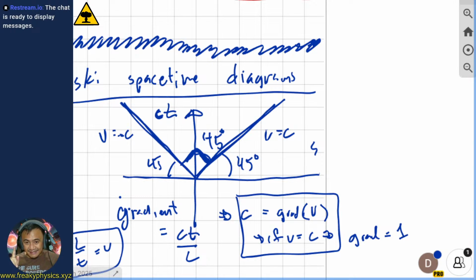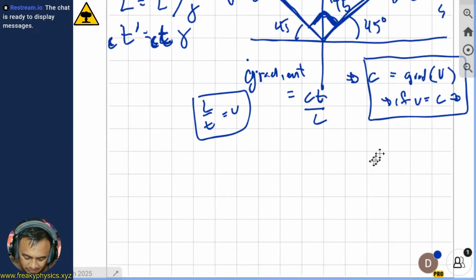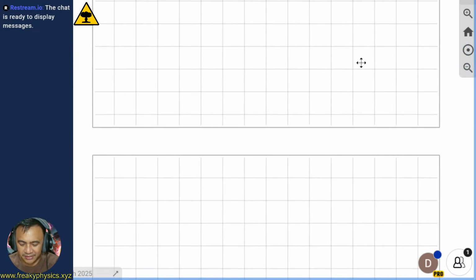Because it's going to make it easier to convert between two reference frames. If we're talking about just one reference frame, we don't really need to put C in there. But once we have two reference frames, it's going to be easier to see what's happening, because of the fact that that's going to be at 90 degrees over there. All right? This is what I mean now. I'll draw it here again, but this time around,